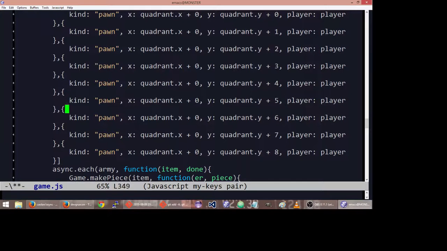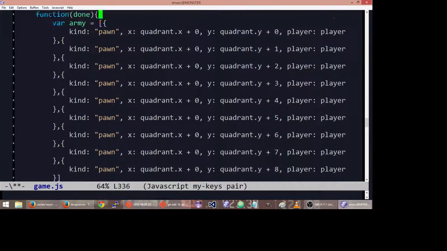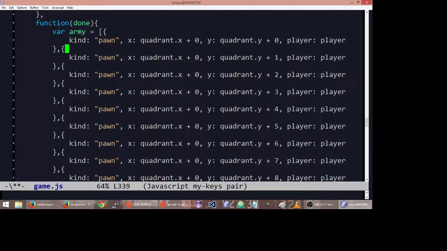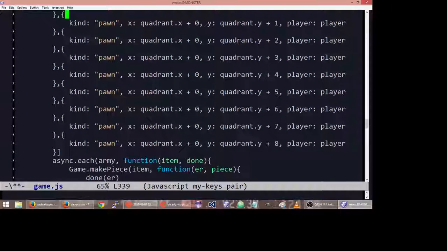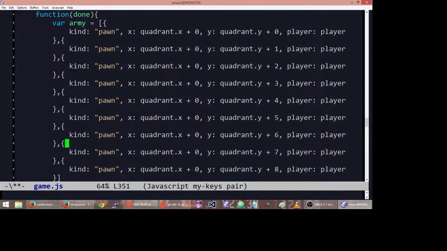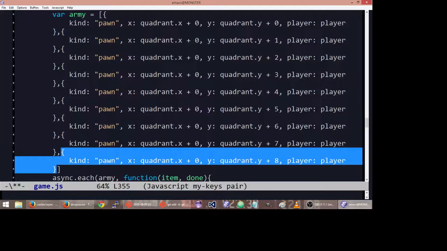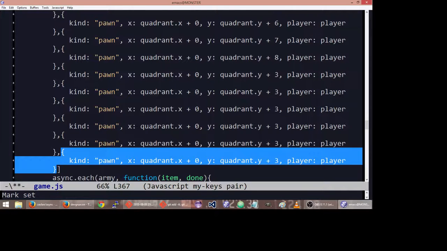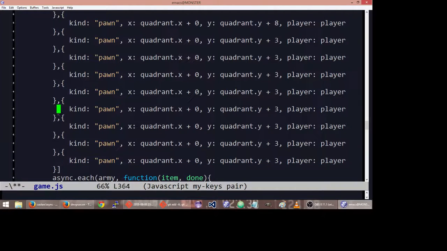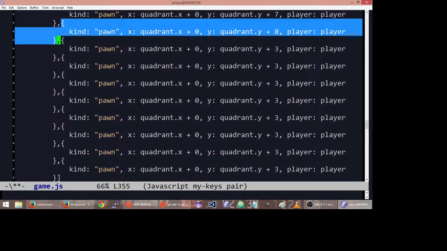You know what? We'll even save more space. Put all the braces on the same line. Okay. And then we'll do the pawn, the 2 rooks, 2 knights, 2 bishops, king and queen. So where were we? 8, and